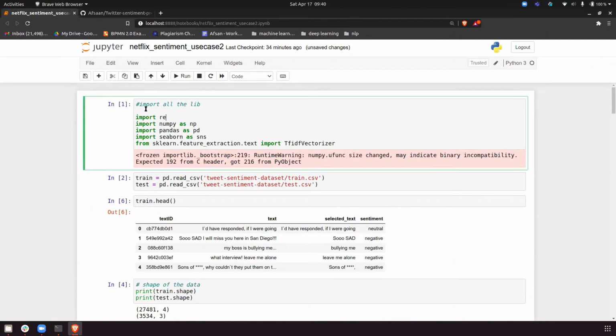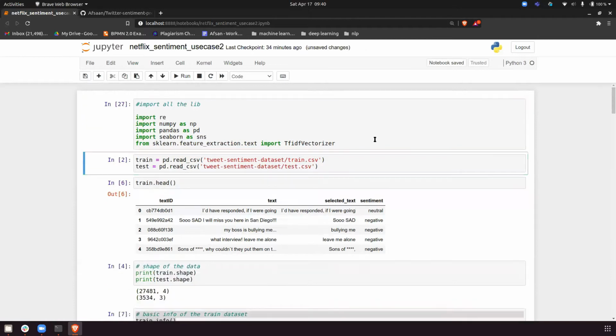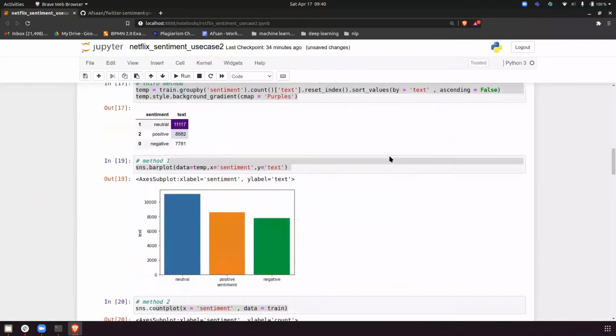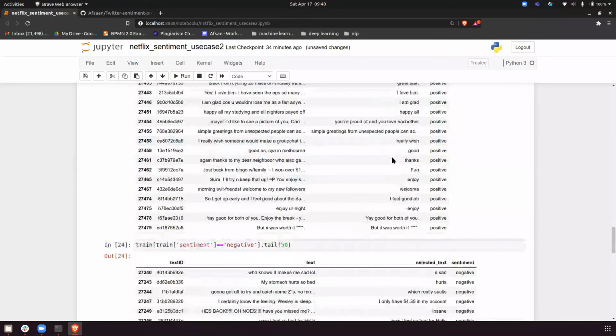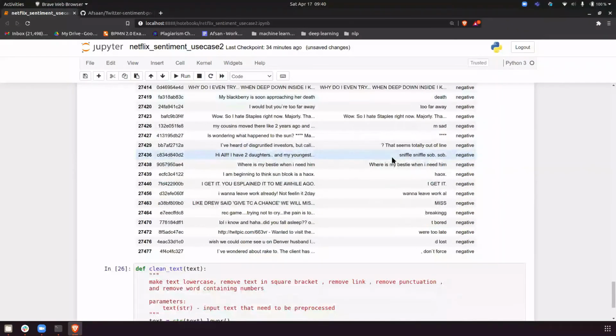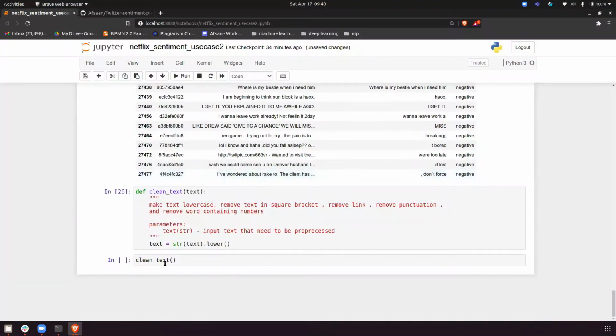So import re, and I'm running this. Everyone knows regex, right? If you don't know, you have to revise, because you have to be very good with regex whenever you're doing NLP. I hope everyone is familiar with regex.